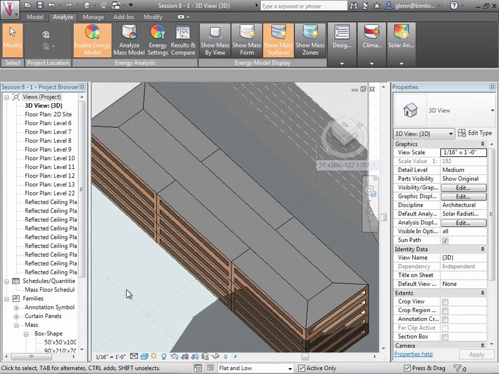Now, if we want to go through and do our analysis or customize the building a little bit, we can do that too. Let me show you how you do that. Here's the deal. As you think about the different surfaces of the building, those east and west surfaces have something going on with the sun, but the south facade is often a very special one. It has a different set of characteristics to it. So for any of the surfaces, but often especially the southern one, you might want to think about how much glazing is there and whether there's any shading on that glazing to help moderate what's going on